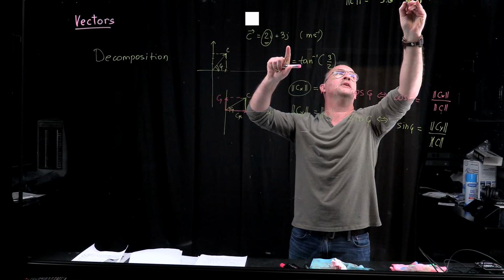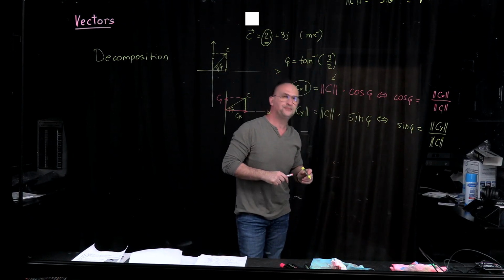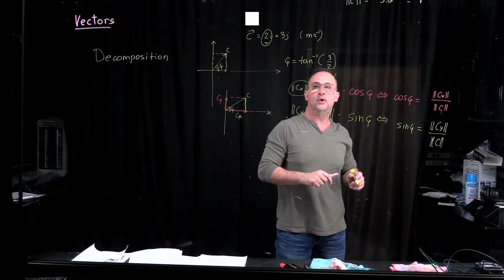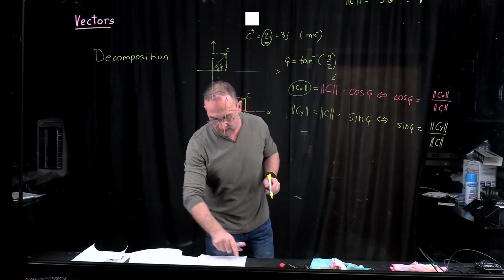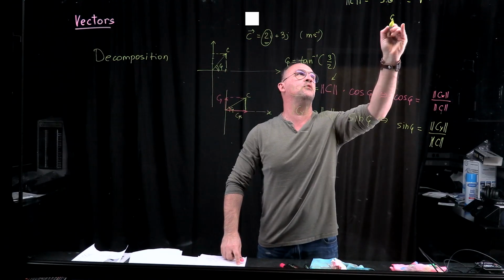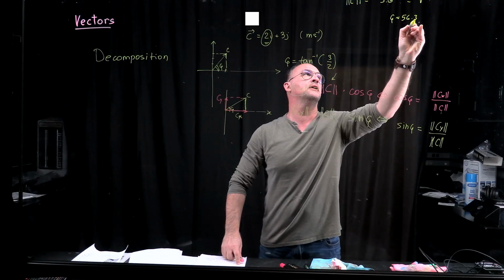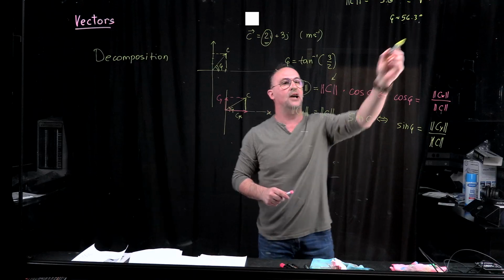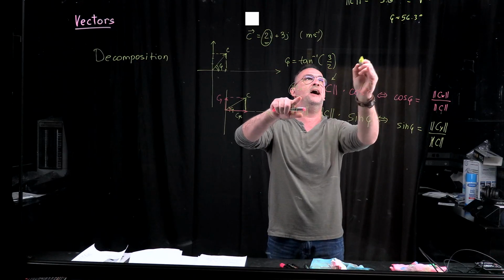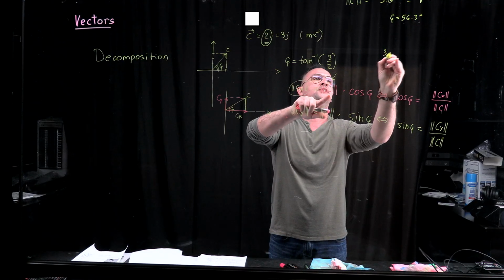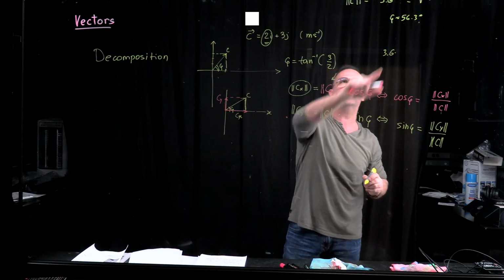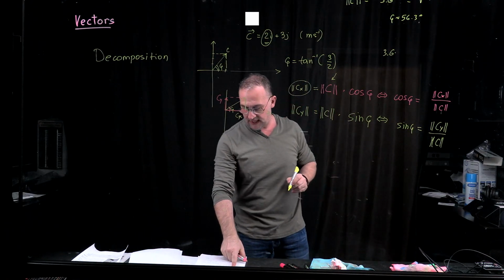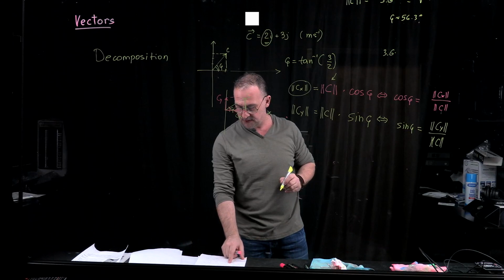I remind you, and I remind myself, 3.6. We found the angle as 56.3 degrees. Let's plug all the numbers in: 3.6 times the cosine of 56.3 degrees, and that comes out to be